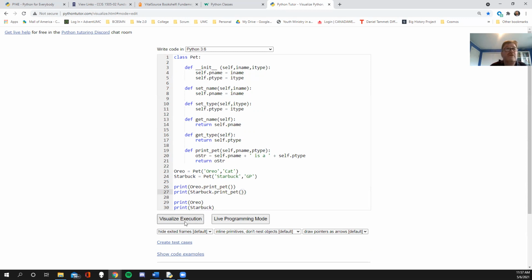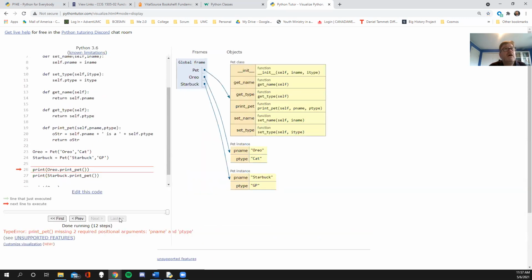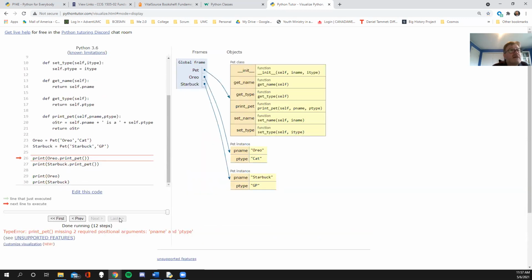Sometimes it helps if you can talk your way through that. Let's make sure those are right. So Oreo knows how to print because Oreo is a pet, and the pet's defined here. Starbuck knows how to print because Starbuck is a pet, and pet is defined here. So let's go ahead and run it again. And it still got mad